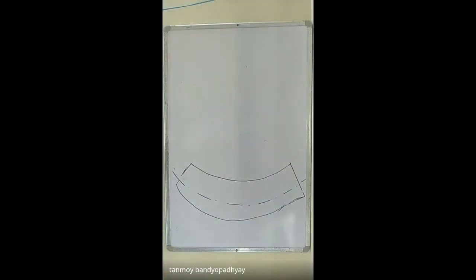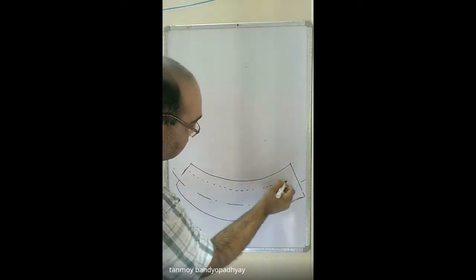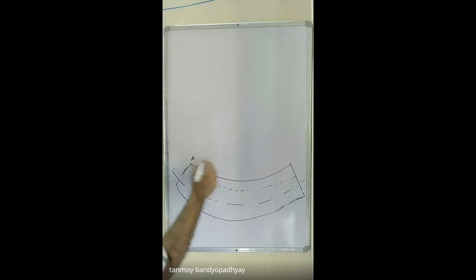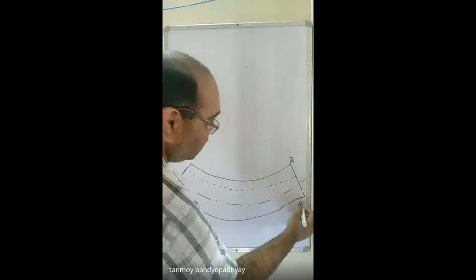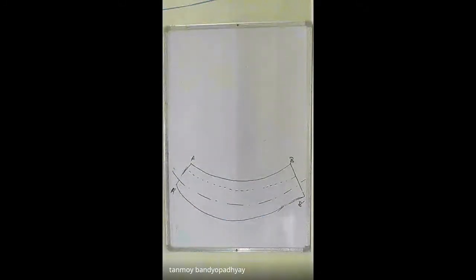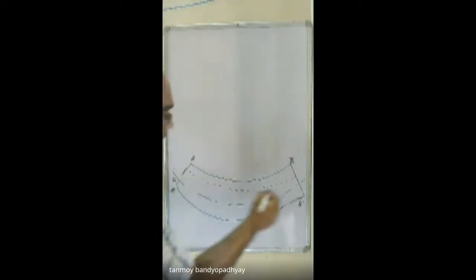I draw the top part exaggerated because I have to take one cross section on the top part. So this is a beam which has been bent and it takes the shape of a circle. The top layer of the beam, or the top fibers of the beam, are AB and the bottom fibers of the beam are A prime, B prime. The neutral axis of the beam that has been assumed is DE. So let's assume that DE is the neutral axis of the beam.